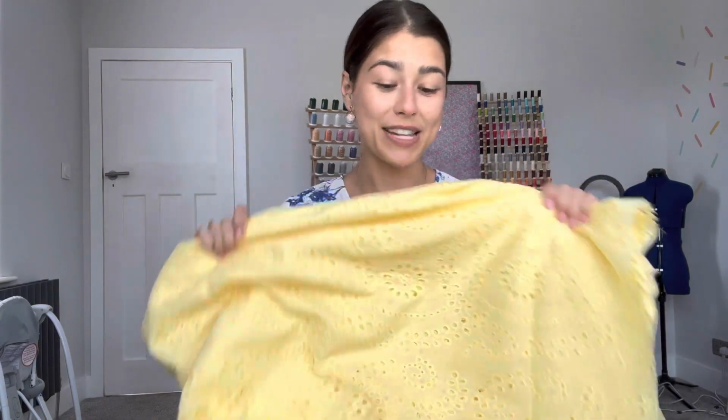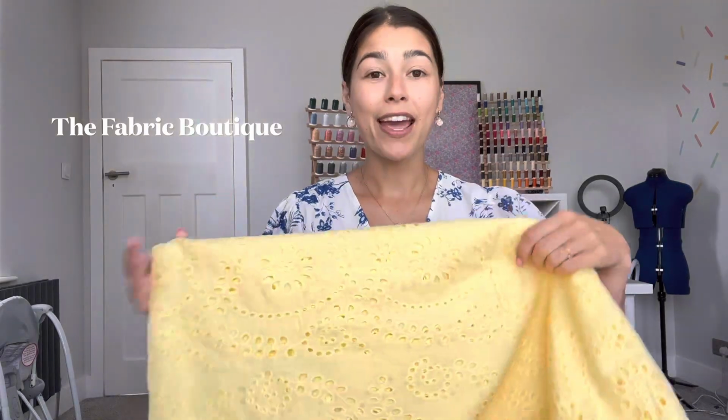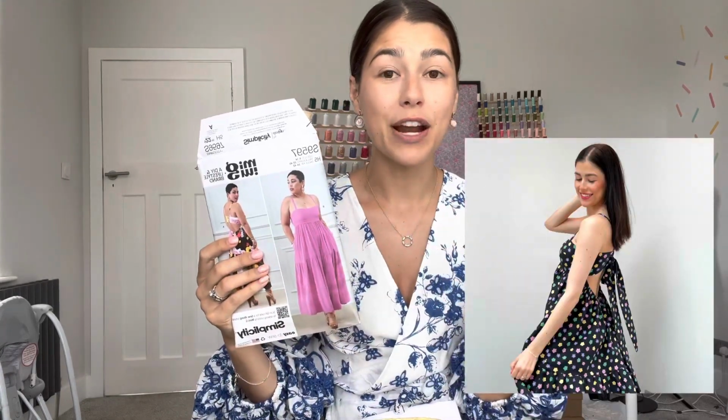This sewing video came about because I've just received this stunning fabric as a surprise gift in the post from the Fabric Boutique. I love their shop and they sent me this gorgeous yellow Broderie Anglaise, and as soon as I saw it, I just had the perfect pattern in mind. I have already previously made this Simplicity pattern. It is the S9597. I do have a picture over on my Instagram,